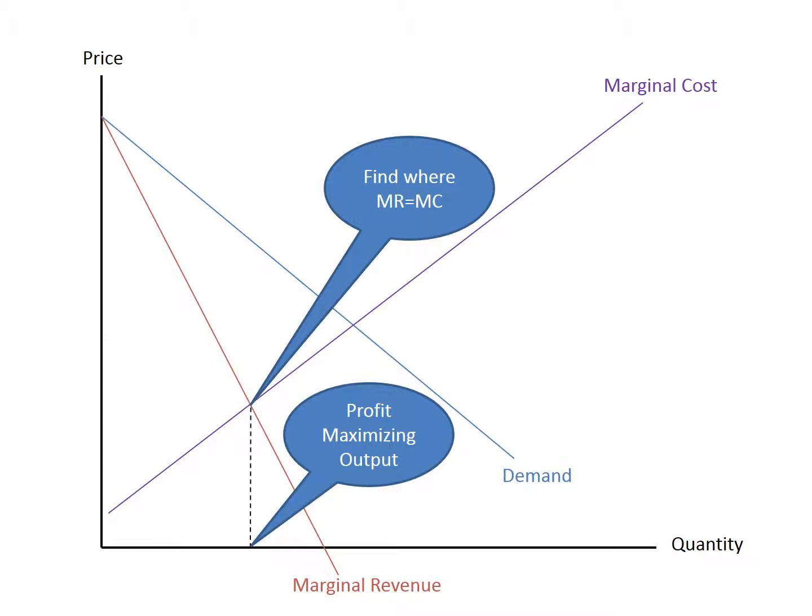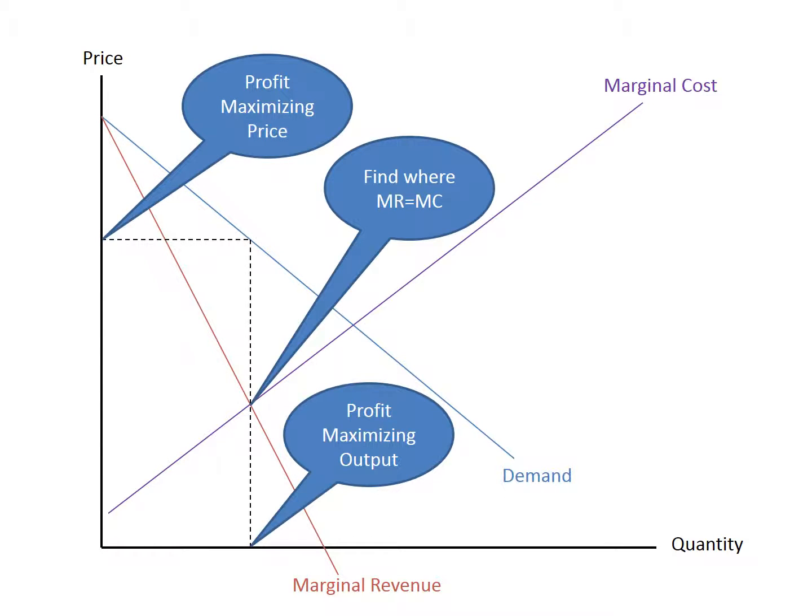Once we found the monopolist's optimal output, we get the optimal price by going up to the demand curve and then over to the left. Now, some students will make a mistake of not going all the way up to the demand curve, but they'll just go up to the point where marginal revenue equals marginal cost and go left. That's wrong, because think what the demand curve is saying. If you know your output, the demand curve is telling you the highest price that you could charge and still sell all that output. So it would be wasteful for monopolists to charge less than the profit maximizing price indicated on this diagram.